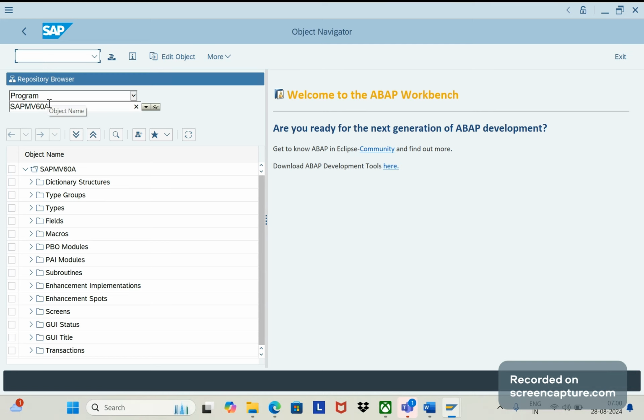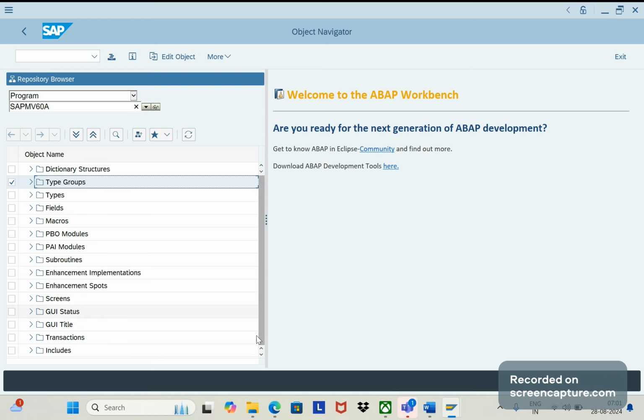Okay, I am now in that program SAPMV60A, and if you see here under SAPMV60A we have different nodes, like dictionary structure, type, field, macros, PBO (process before output), PAI (process after input), and enhancement implementation parts. So many things are here, right? Let's focus on screens. If I click the screens,